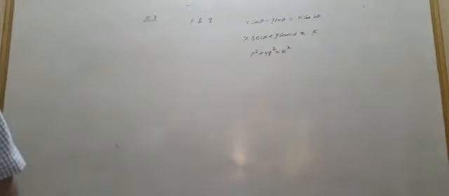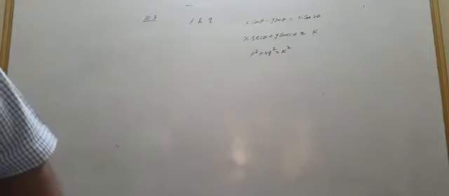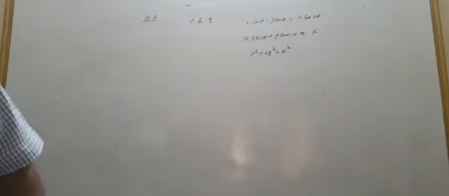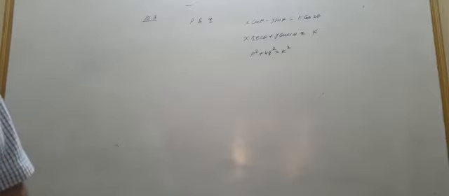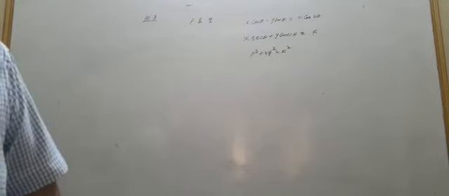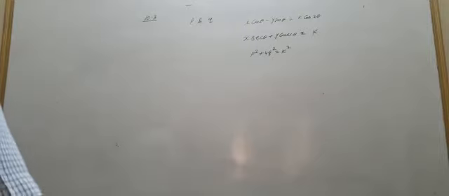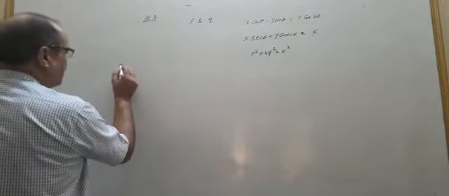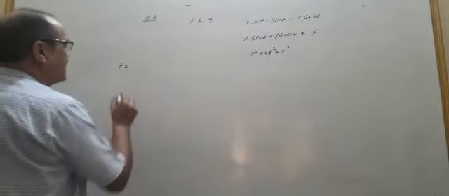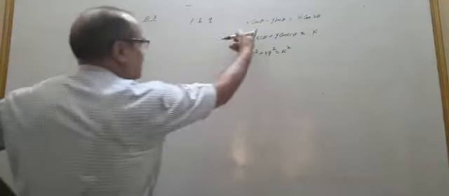So students, see again, the question is: if p and q are the lengths of perpendiculars from the origin to the lines x cos theta minus y sin theta is equal to k cos 2 theta, and x secant theta plus y cosecant theta is equal to k, respectively, then prove that. So this you have to prove, where p and q are the lengths of perpendicular from the origin. So what is p? P is the length of perpendicular of this line from the origin.